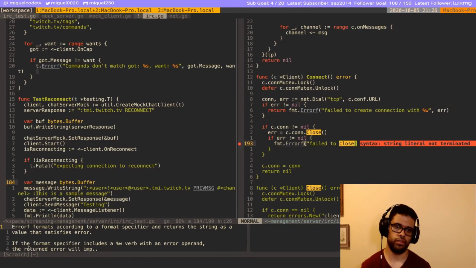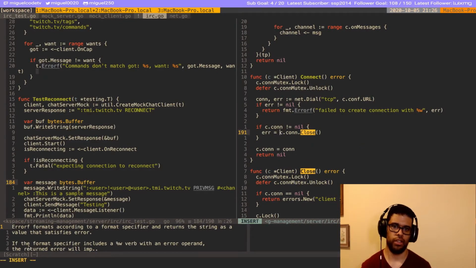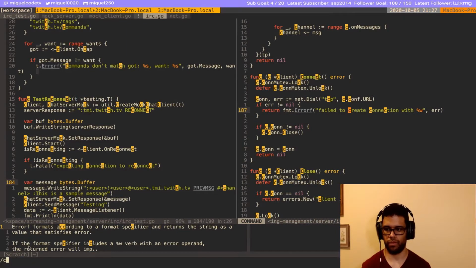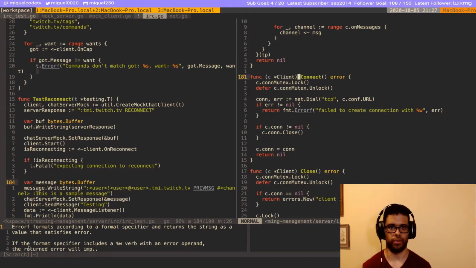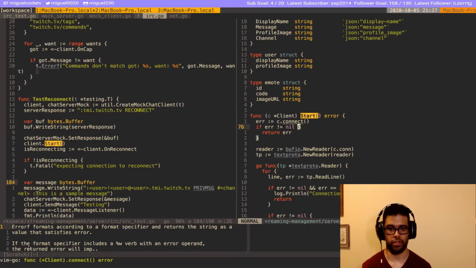Well, I care about the error. I don't care about this error. The reason why I don't care about it is because I'm creating a new connection, so I'm just closing the old connection. Okay. And this is supposed to be private because no one's supposed to use this directly. We're gonna go back to start. We're gonna start the connection.